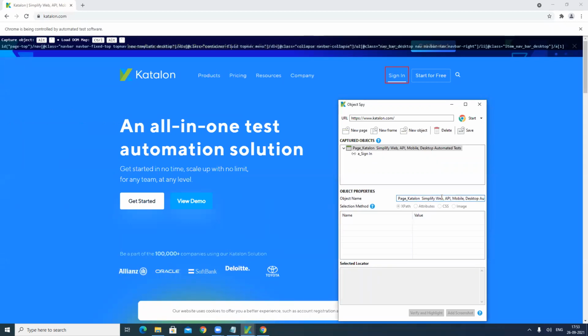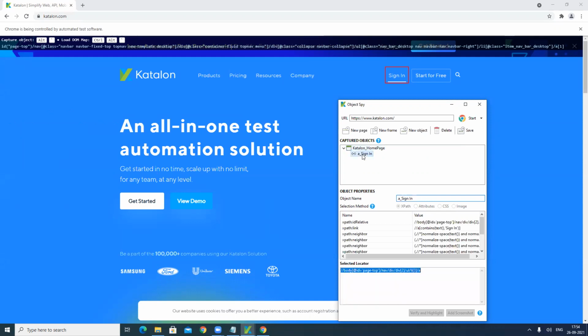We are going to give some name, like Katalon home page. The name should be very readable, right? Next is our object name.